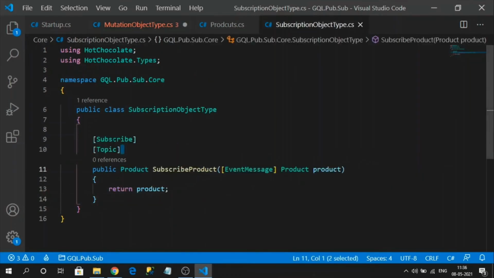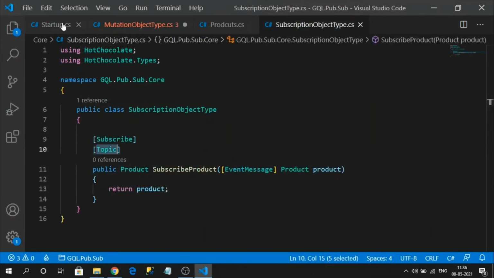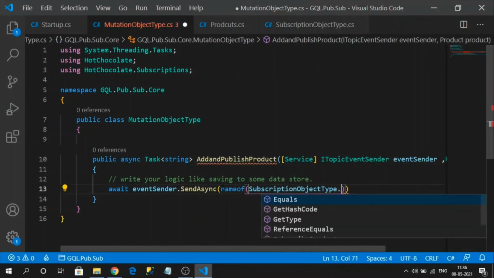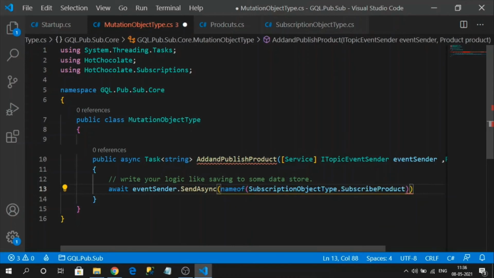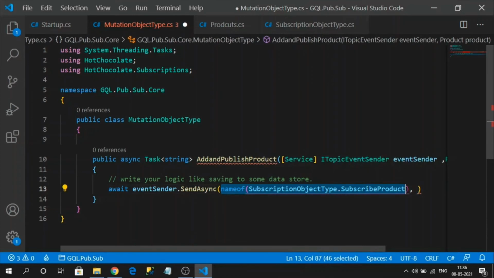So it can know the ITopic name. For that, we simply use nameof SubscriptionType dot, what is my method name? SubscribeProduct. So this method will grab the name of this method with the fully qualified namespace. And here, this is like creating a channel name.